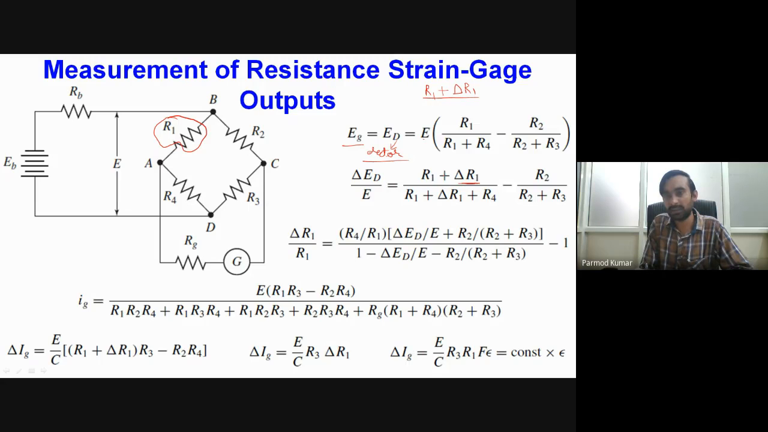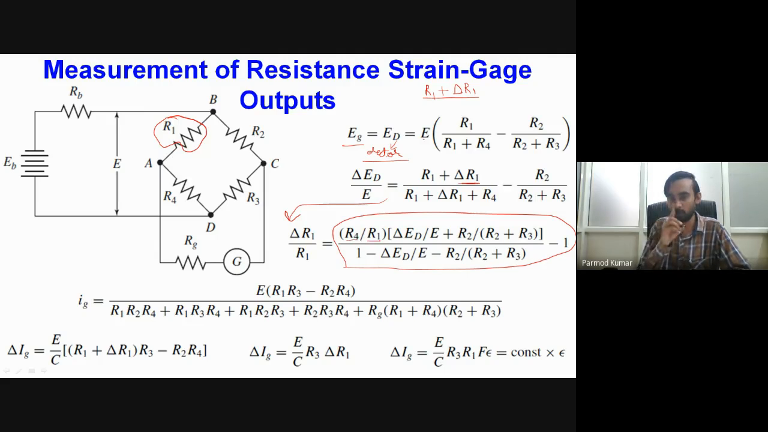Okay, so nothing but what is done over here, this entire equation is rearranged in order to find the value of delta R1. If we just rearrange this equation, upon rearranging we will be getting the value of change of resistance delta R1 divided by R1 equal to nothing but we will be getting by using this equation. So now in this particular equation, if you see, the value of R4 is known, R1 is also known,